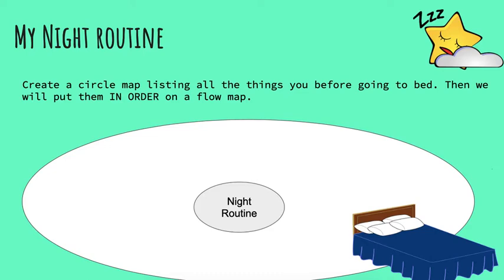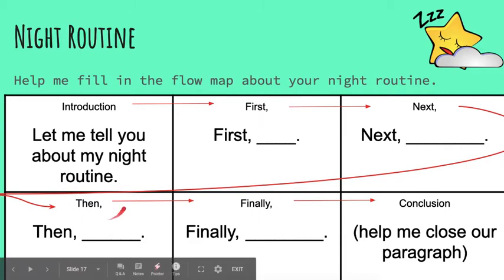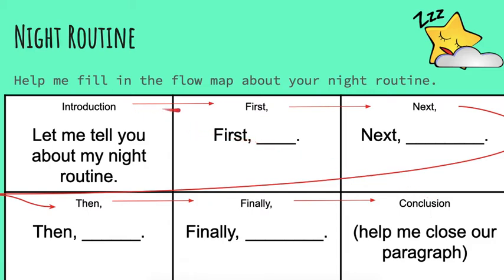After you're done with your circle map and it looks great, we're going to make a flow map. A flow map needs, how many boxes is that? 6 boxes. The first one is the introduction. The next one is where we write our first signal word, which is first. Then we write our second signal word, which is next. Then we write then, and finally, and then the last box is the conclusion. So you follow the arrows, and that's the order you read your